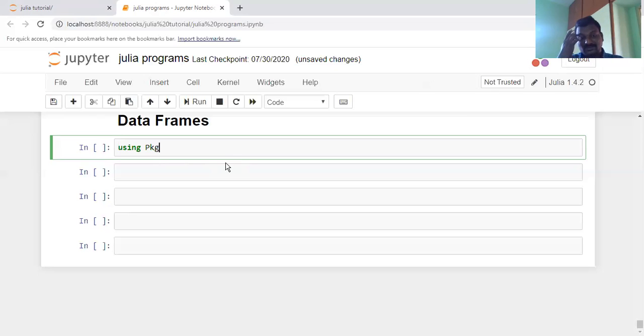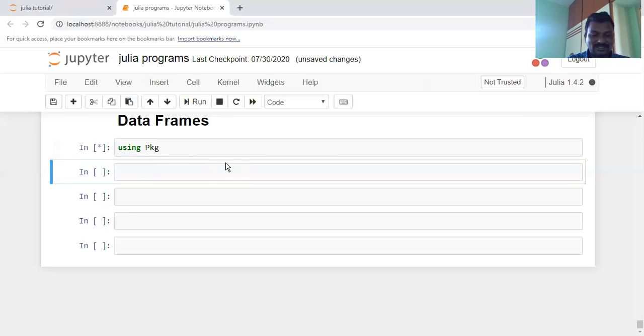Pkg, you already know, is the package manager. Then Pkg.add, and here you write the data frames.